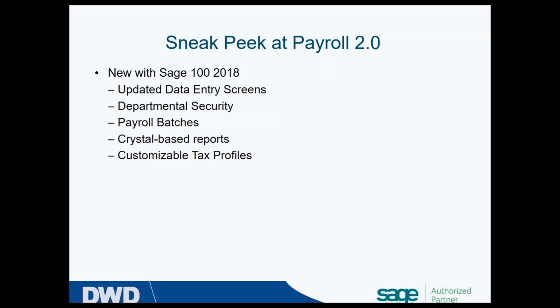We talked about just a couple moments ago where we might have a whole company separate because we want to keep our officers in one company, and because we just don't want everybody to see what the officers are getting paid versus our other employees. Well, now with Payroll 2.0, we have the ability to put security on our departments. So if a user doesn't have access to a particular department, they're not going to be able to see information about employees in that specific department.